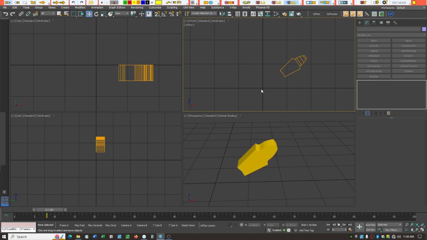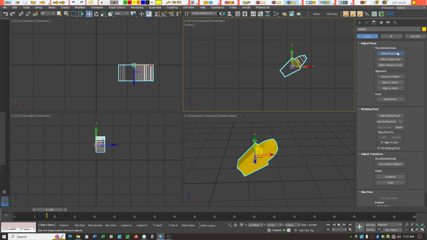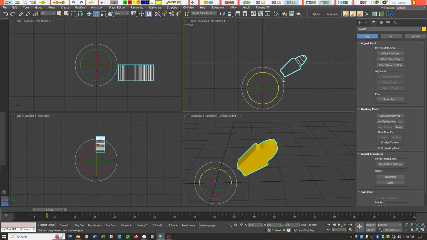And because we centered our original sprocket on the origin, we kind of want to do the same to our pivot here, right? So we're going to go into effect pivot only, and we're going to move it to the origin, right? So come down to the bottom here and zero it. And it doesn't matter if we zero it as the said, but it'll move it off center, but that's okay for now, right? As long as the X and Y is good. Now, if we clone it correctly, now if we rotate and clone,